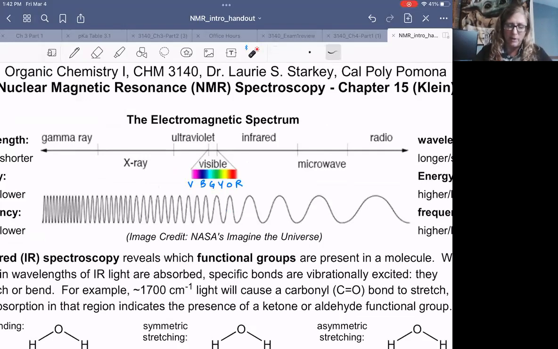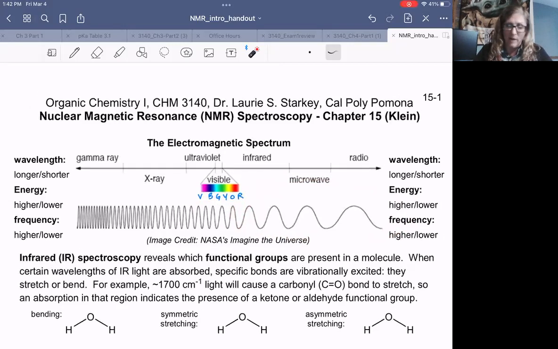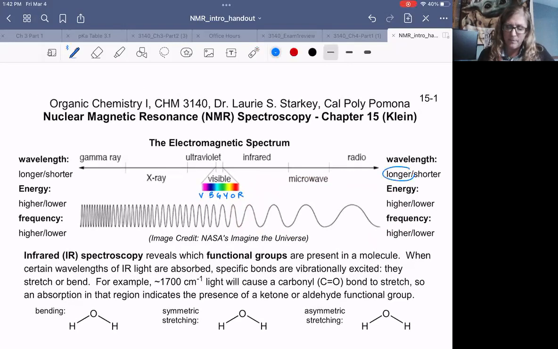And so you can see that we have a representation here of the wavelengths that are associated with this, and we can also observe that the energy is changing with those wavelengths. So as we move from violet to red, and then continuing on to the microwave region and into the radio region, what looks like is happening with our wavelengths? Our wavelengths are getting longer in this direction. And what is the energy of those? As we have longer wavelengths, those are going to be lower energy